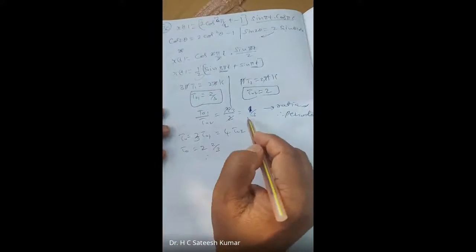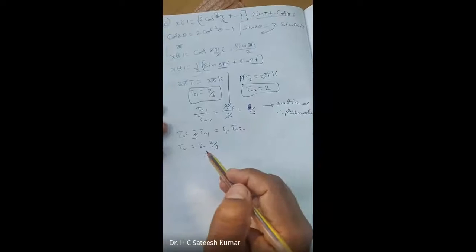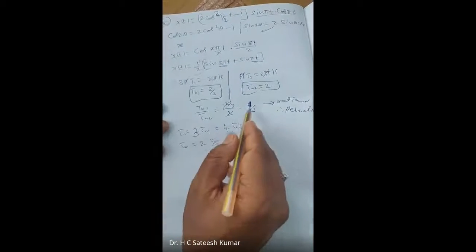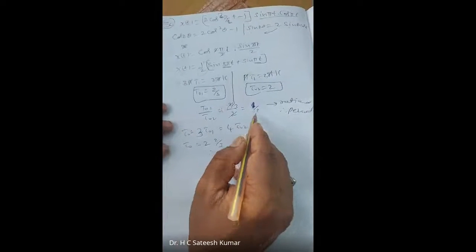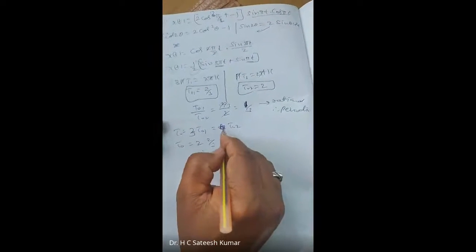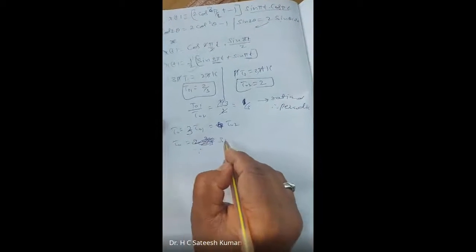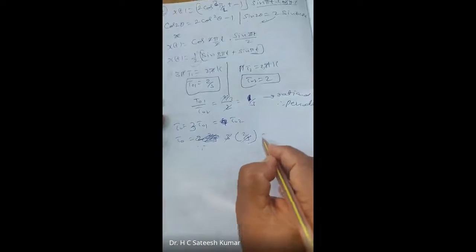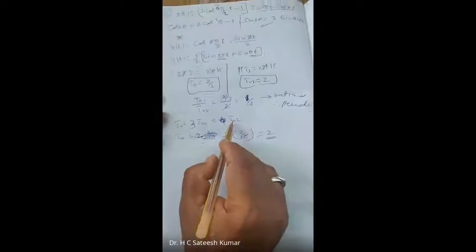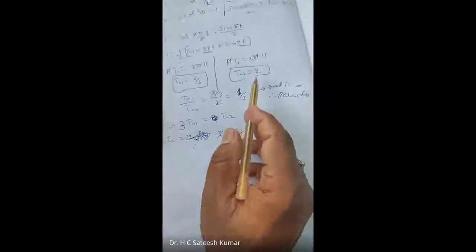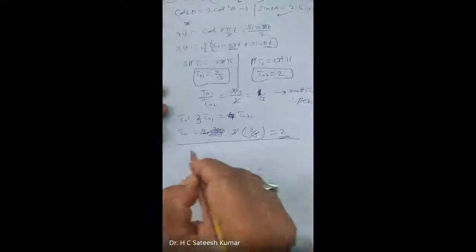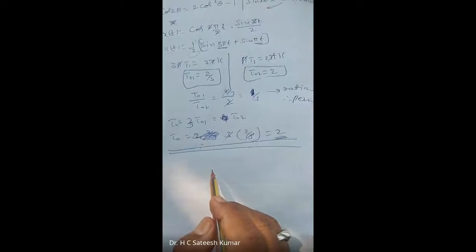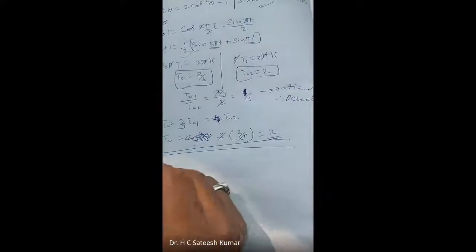So this 2 gets cancelled. You will get it as 1 by 3. Okay, right? So therefore, you can write it, cross multiply it. So 3 T naught 1 and 1 T naught 2. Substitute for that. 3 into T naught 1 is 2 by 3. 3 gets cancelled, it is 2. Or you can substitute for T naught 2 also. T naught 2 is already 2. So it is periodic, whose period is 2. That's how we should do. This is an examination problem for 2.5 marks in one of the papers.